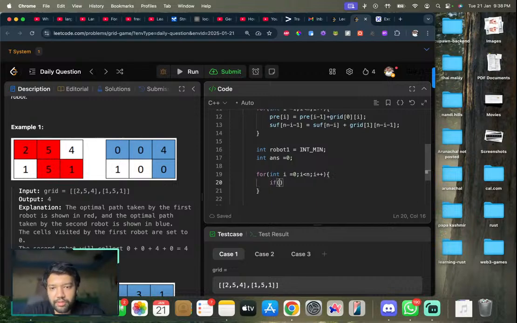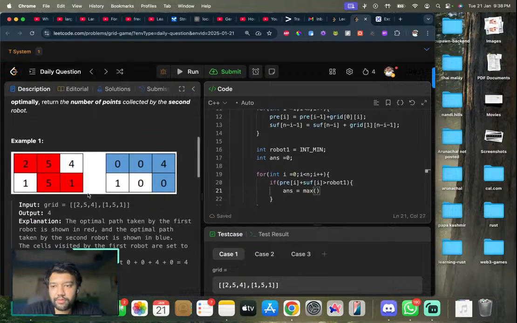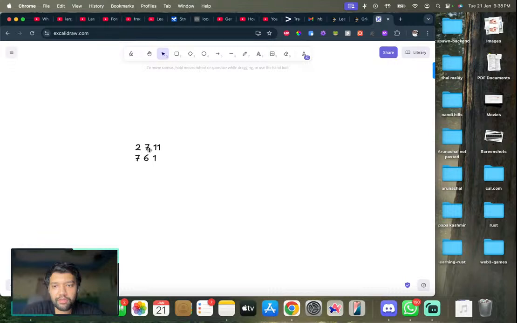if pre of i plus suf of i, greater than robot one, in that case answer is equal to max of this index, the next index minus the first index, this index. So